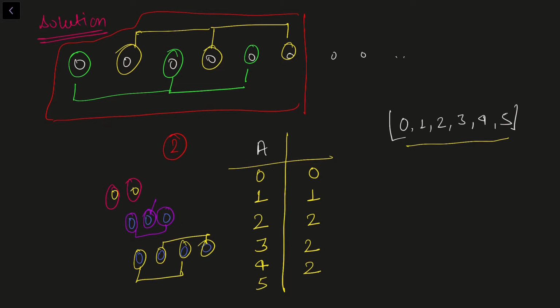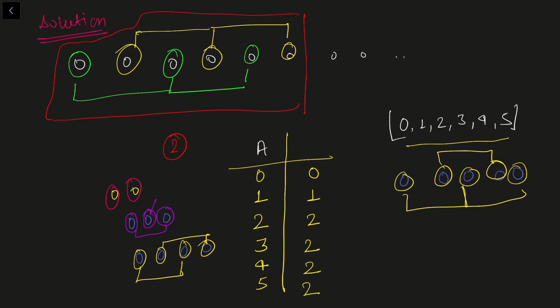For 5, I'll have 5 bulbs. 1, 2, 3, 4, 5. And let's say I turn this bulb on, then I need to turn this one and this one. And after that, I need one more operation to turn these 2 bulbs on, right? So again, in case of 5, I need 2 operations.